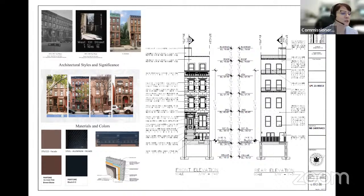Yes. In the matter of LPC 21-00153, 137 West 131st Street, Central Harlem, West 132nd Street, Historic District. An empty lot formerly occupied by a neo-Grec style row house designed by Cleverdon and Putzel and built in 1885 and demolished between circa 1940 and 1980. Application is to construct a new building. I recommend approval with some modifications, finding that the construction of a new building at this vacant lot will restore